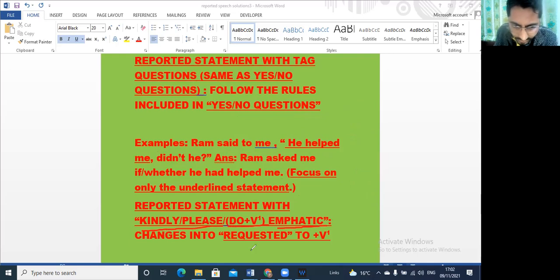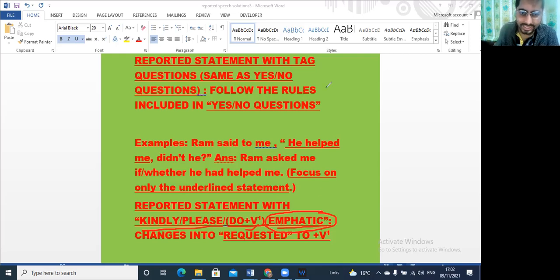Here do plus verb 1 represents emphatic idea, somewhat obligation. It's your compulsion to follow others. So what kind of compulsion is that? Compulsion based on request. If someone requests you very strictly, anyhow you have to come, do come to my party,